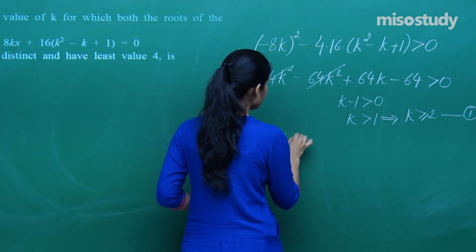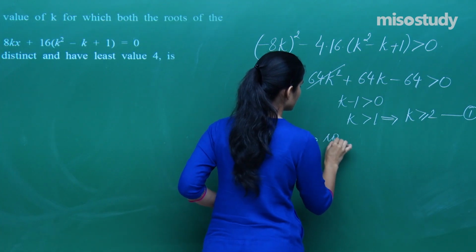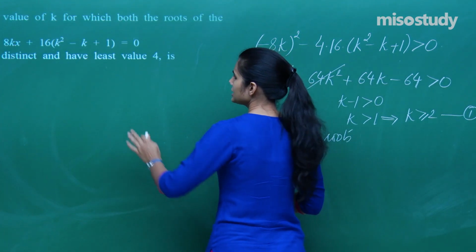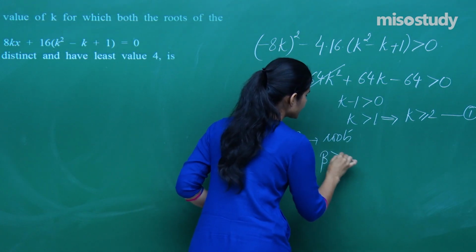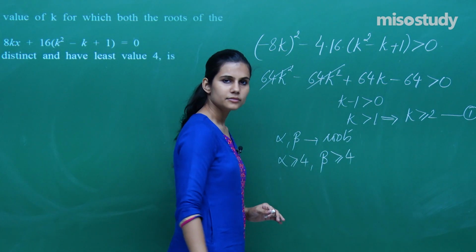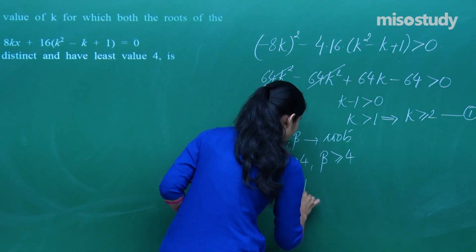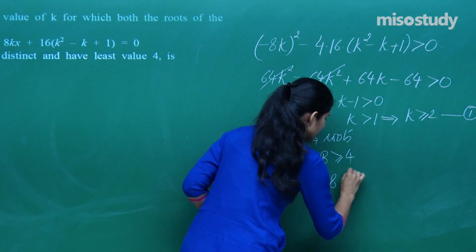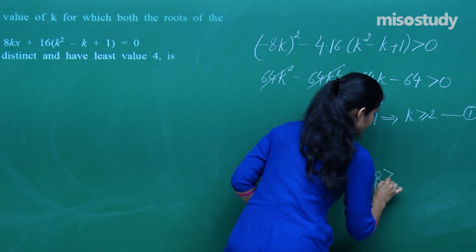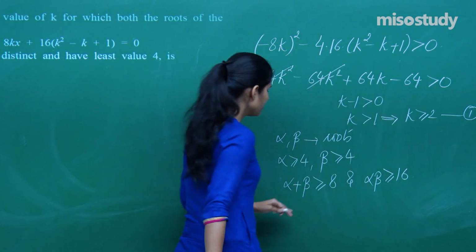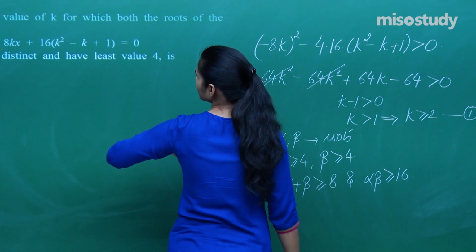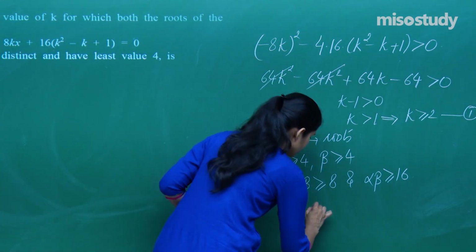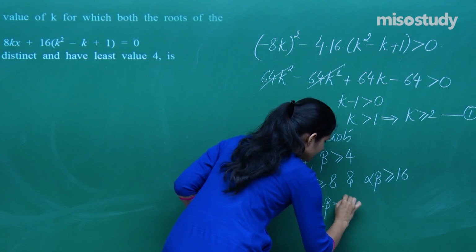Also suppose alpha and beta are the roots. It's given that the least value they have is 4, so alpha is greater than equal to 4 and beta is greater than equal to 4. Then alpha plus beta is greater than equal to 8 and alpha into beta is greater than equal to 16. Sum of the roots is minus b by a. Sum of the roots is 8k by 1. So alpha plus beta is 8k